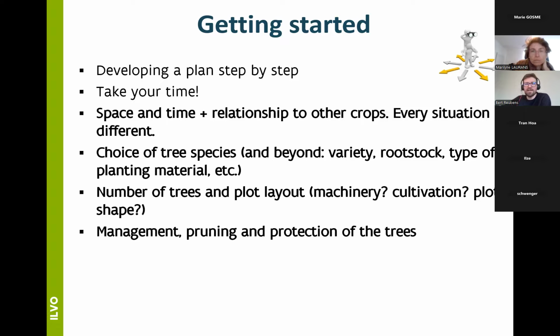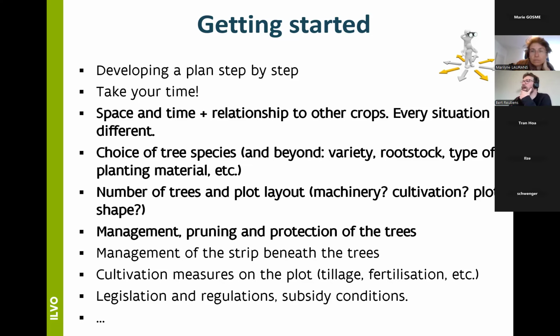You really need to think in the long term about what it requires in terms of management, in terms of pruning, water provision, protection of the trees, and that also makes that certain tree species choices are affected by the possibilities, by the capacities you have in that respect. And then beyond that, but that's not going to be the topic of today, it's also about managing the strip under the trees.